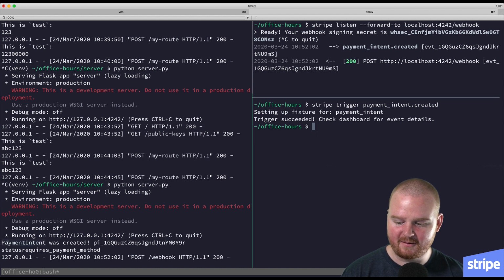And we see in our server log that the payment intent was created. We see the ID here for the payment intent, and the status, there's no space there, but the status is requires_payment_method. That's totally expected. And so that looks like it's working great. Let's also trigger